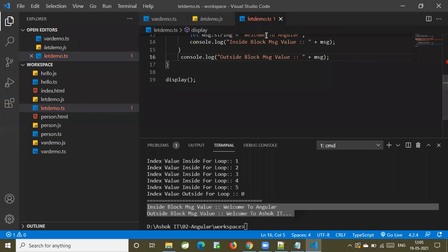Whenever you use a let keyword, that effect will be there only within the block. So we can say that let keyword is a block scope. Very good. Now